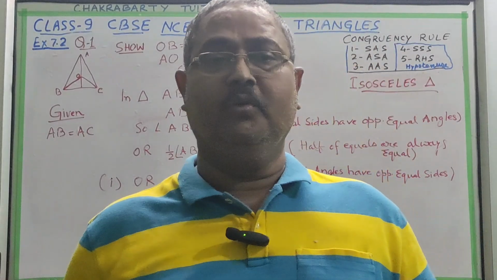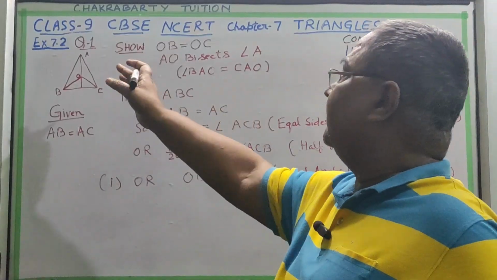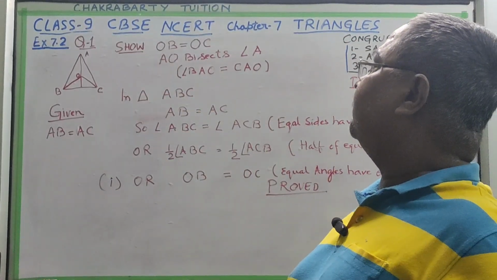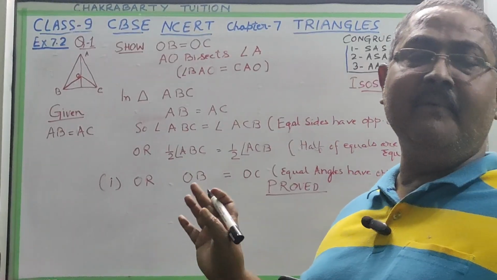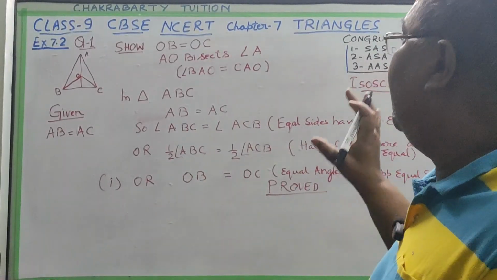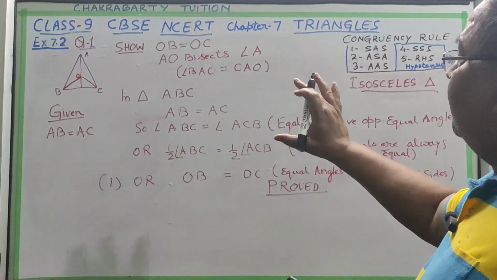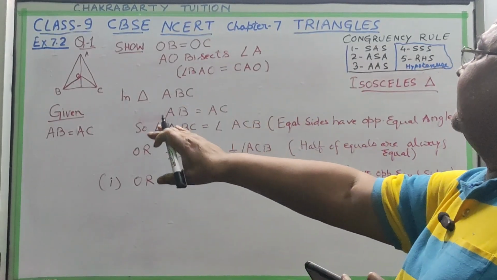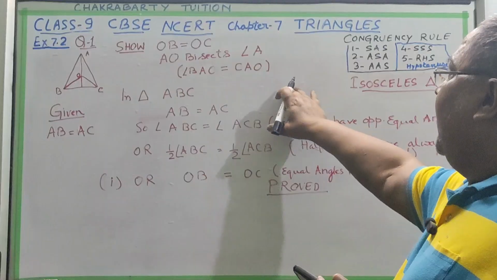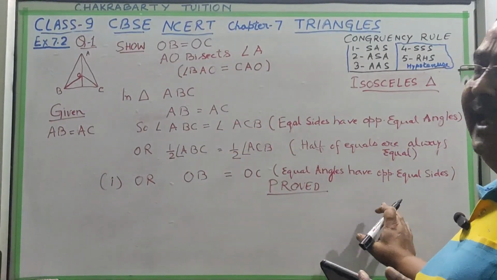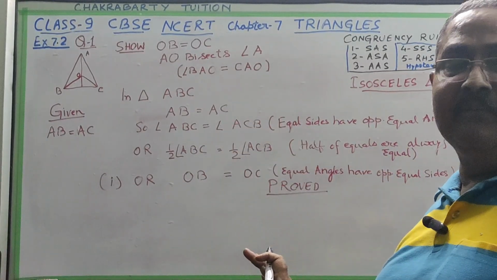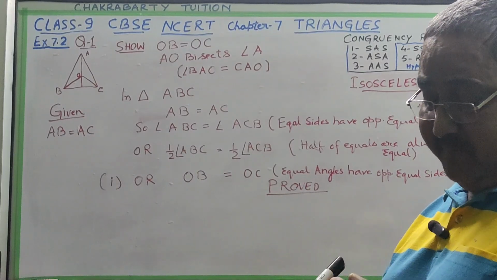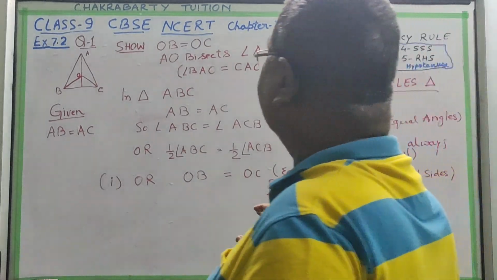Today we are going to solve the second exercise, 7.2. Our previous video was on 7.1, and in that we explained all the terms, etc. So today, to save time, we will put the question given, show what you have to show, and write the working, and then we will discuss it, because it saves time. Otherwise it will be very lengthy, like the previous video became very lengthy. So from here we are starting.